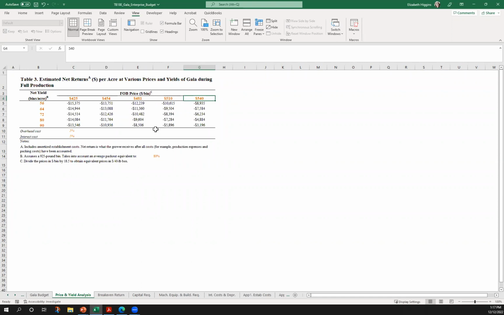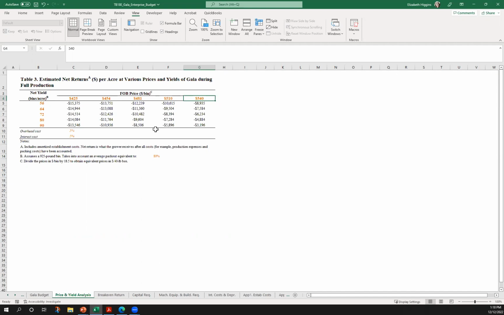So one of the uses that I have for enterprise budgets, as somebody who gives advice to people, but also the recommended use for an enterprise budget for a farm, is to help you not put money into things that are unlikely under reasonable scenarios to give you a reasonable return.